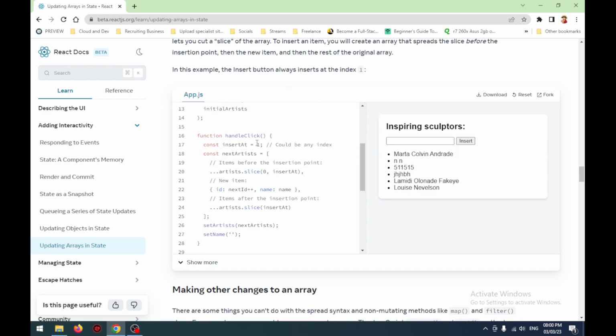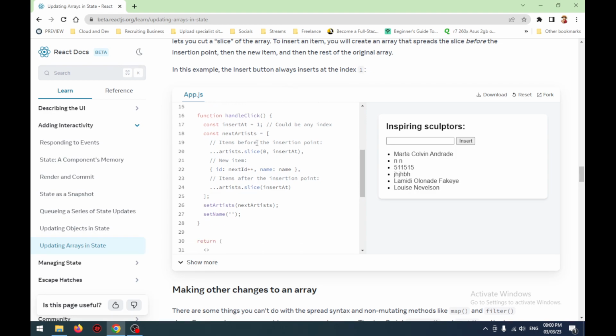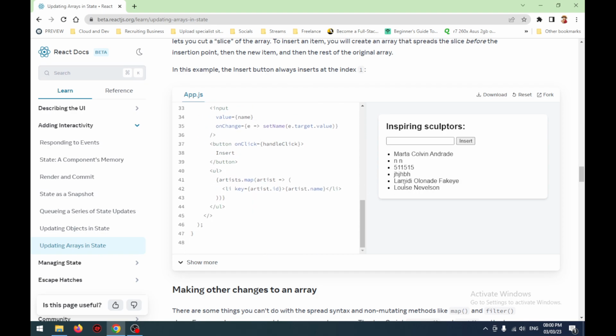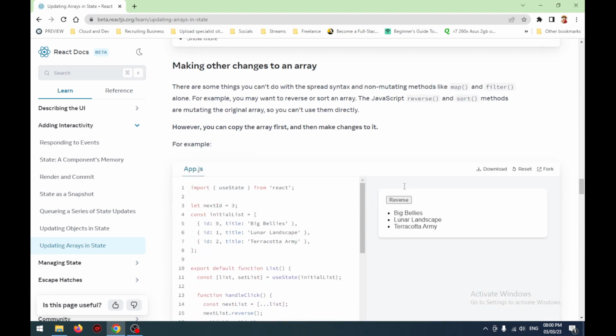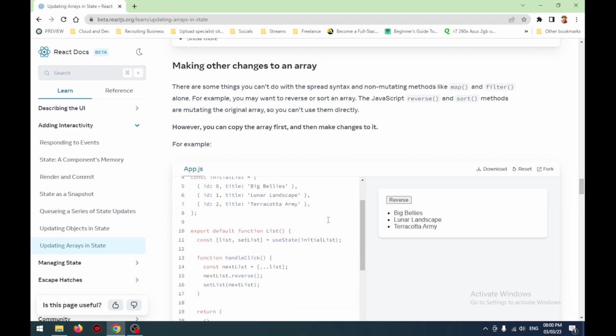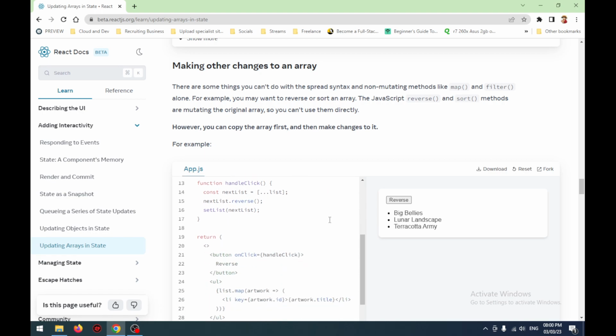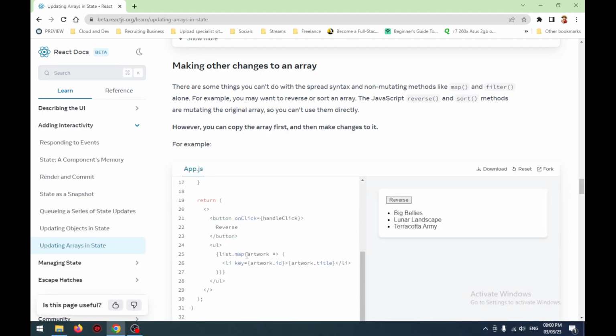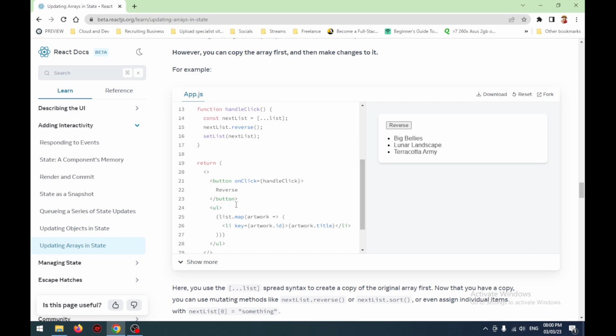Insert could be at any index. Okay, like I said, let's not dwell on it, because this one is a complete go. Let's just look at the reverse button. List map artwork ID artwork. The button function: